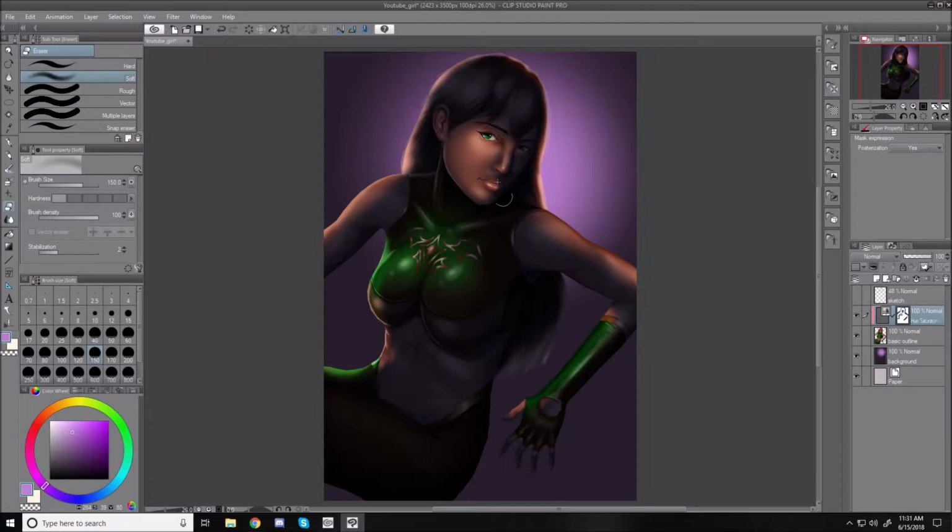This time we're going to kind of do some highlights here around the eyes and stuff. No, that's too dark. See, you want to be a little careful because color gets washed out or changed depending on what kind of color you're using. So be very careful about